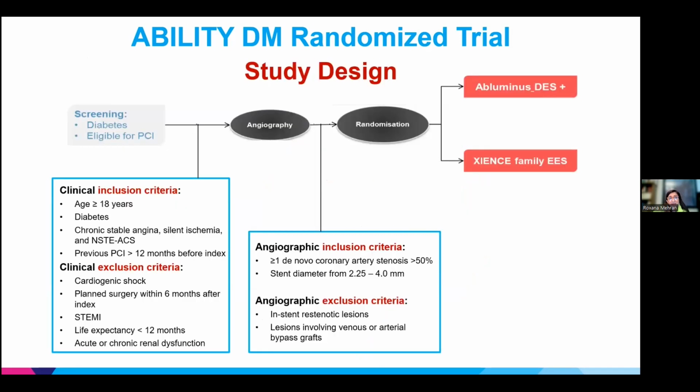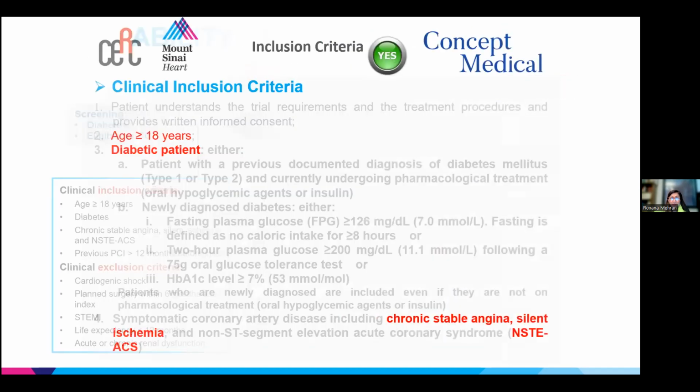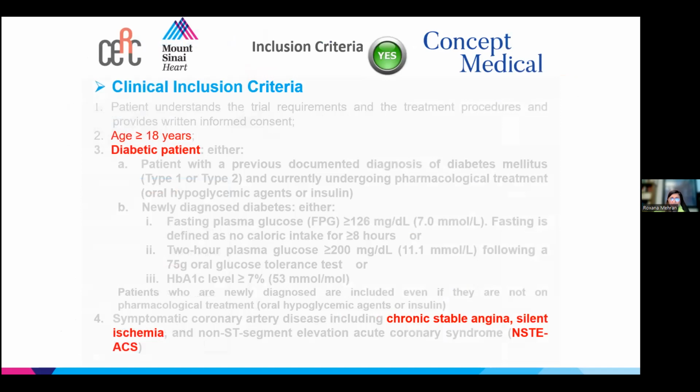So as you can see, these are patients who meet the criteria of having at least one de novo coronary artery stenosis, a stent diameter of 2.25 to 4.0, and we're excluding ISR and bypass grafts. This is really de novo, and you have to have diabetes, eligible for PCI, and of course there's randomization to the Xience stent. And you can see again, these are diabetic patients: chronic stable angina, silent ischemia, and ACS. We've been ever so inclusive, and